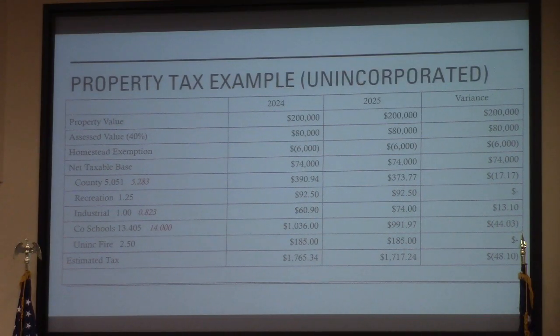As an example, again, on a $200,000 house, there's a comparison here for 2024 to 2025, and this takes into account the county M&O millage, the recreation, industrial, the county schools, and the unincorporated fire. Under the 2024 rates, that would have generated on a $200,000 home a tax bill of $1,765. Under the proposed, and this is at 1 mil for the industrial authority,